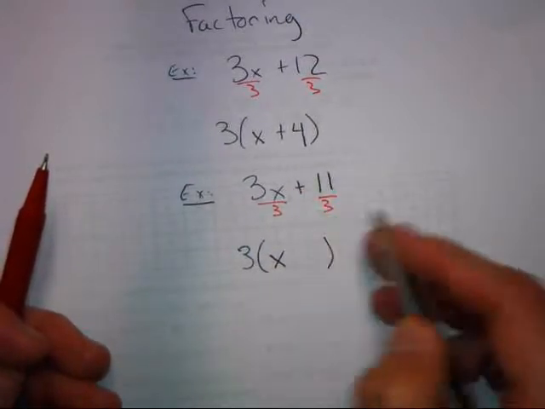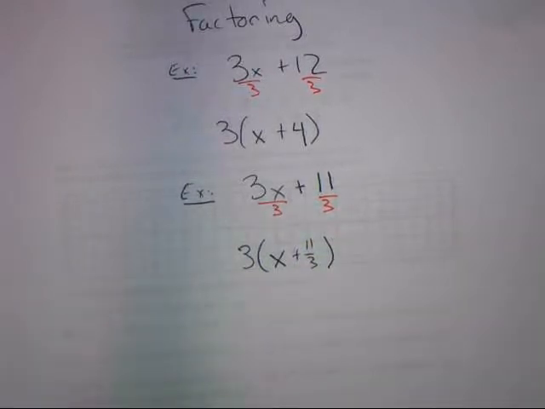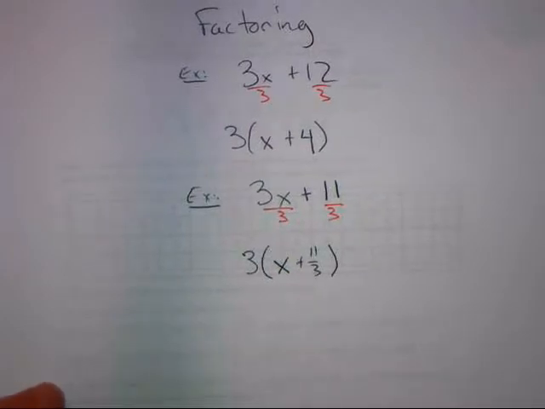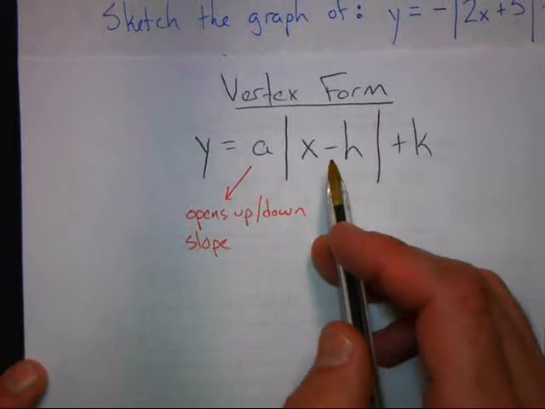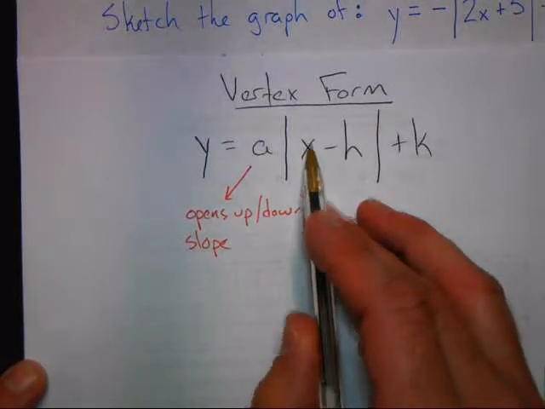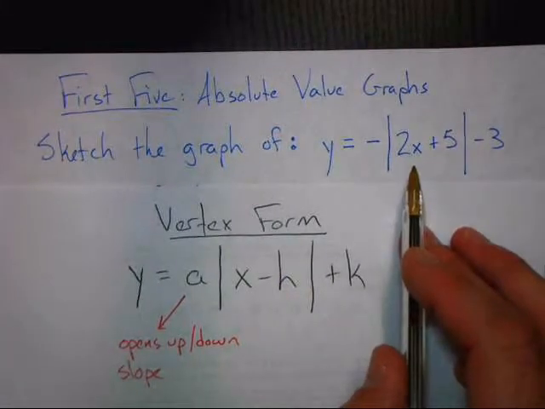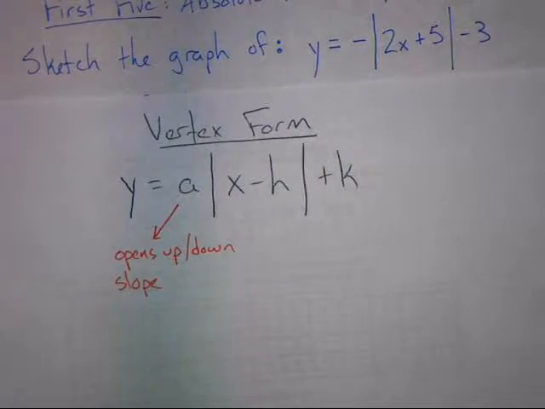And then what about this mess over here? Well, just leave it as 11 over 3. And we can have something that looks like where the x is by itself. So now we go back to vertex form. And we remember, hey, the x has to have that coefficient of 1 on the inside. And we look at our example. Darn it, there's that 2 there. We have to figure something out. So what will we have to do